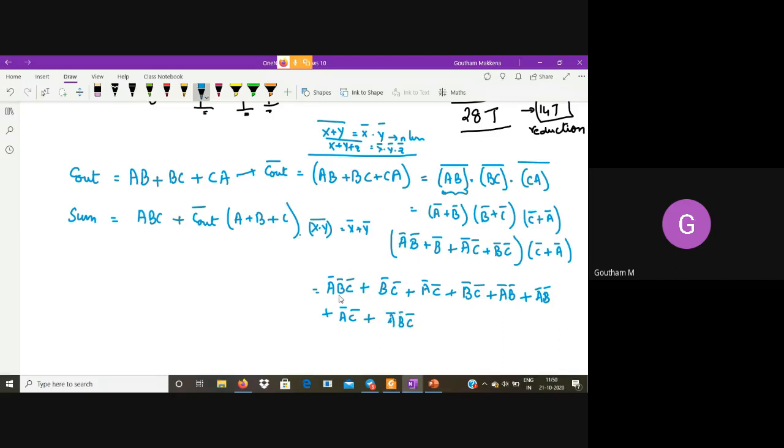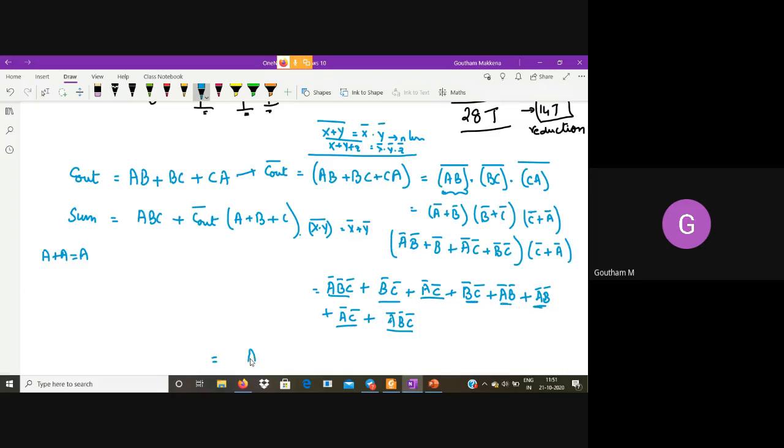Okay, so in this we can remove all the repetitions. This is repeating twice. A bar C bar is repeating twice. You know, A plus A is equal to A. It is not equal to 2A in Boolean algebra. I'll commit suicide if you say A plus A is equal to 2A in Boolean algebra. Right. So B bar C bar is there two times, we can write it once. A bar B bar is there twice, we can also write it once.